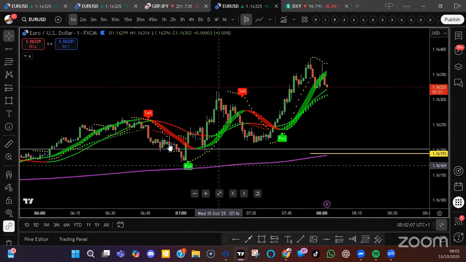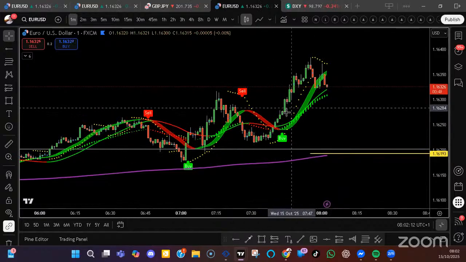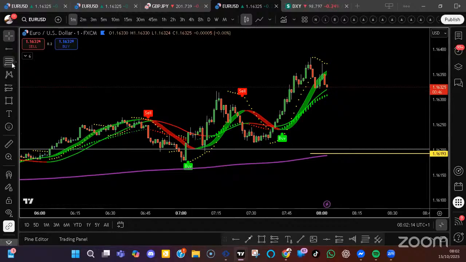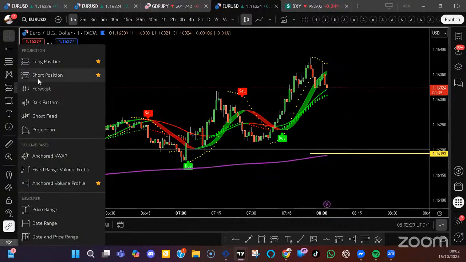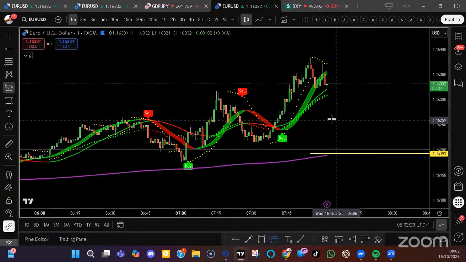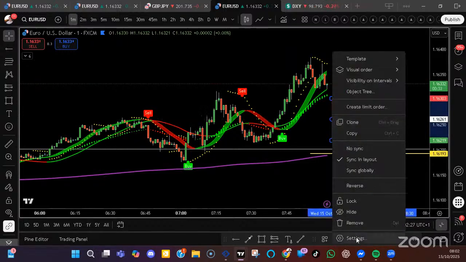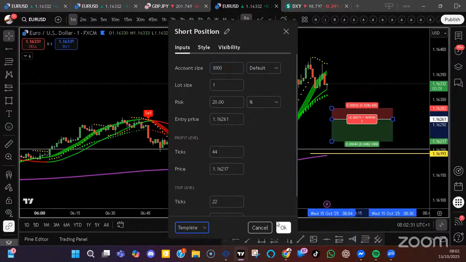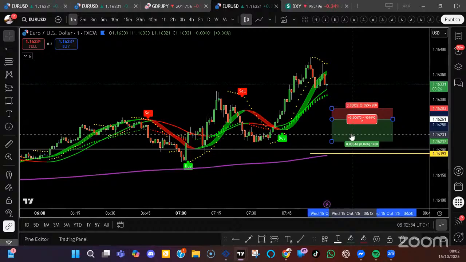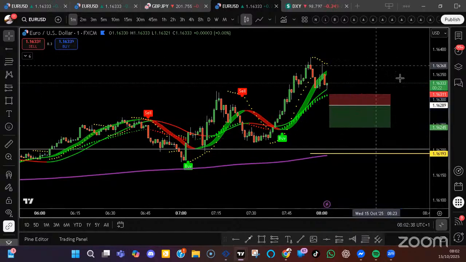As you can see, we were in the zone, into the buy zone, and we got a buy. But this is what we're looking at now for a sell. Short position. Settings. Sell 22. So this is the scenario I'm looking at for a